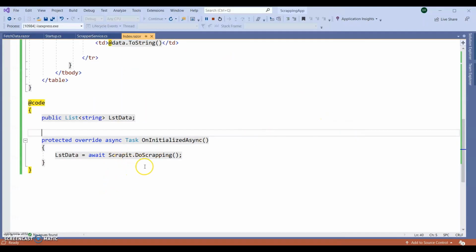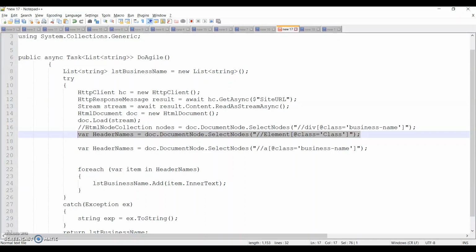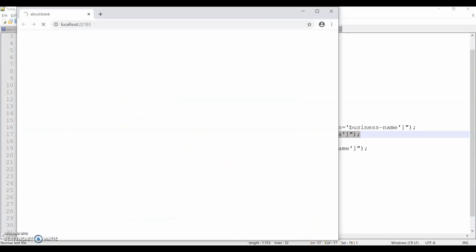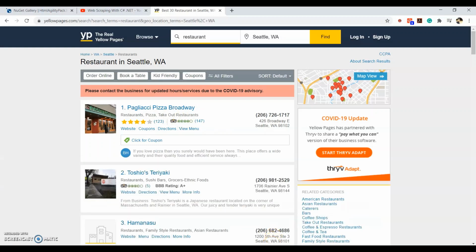Okay, this is the first time and we are doing complete scraping, so that's why the index page is getting slow. So we are fetching this business name, this particular restaurant name, into our Blazor application.